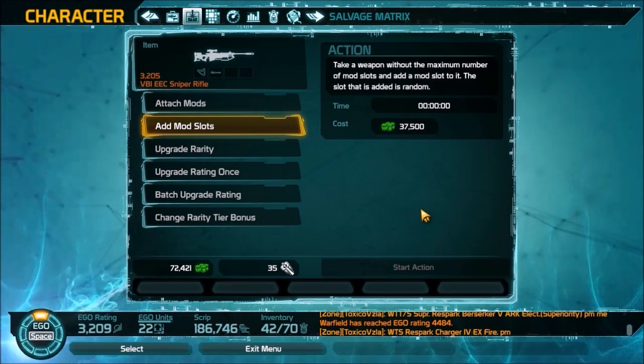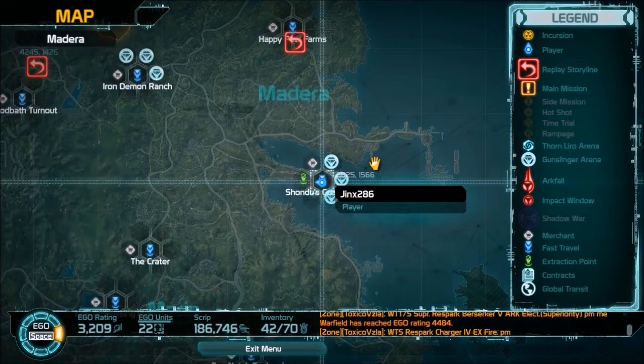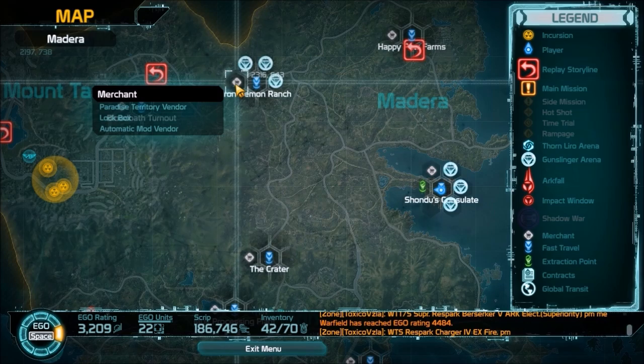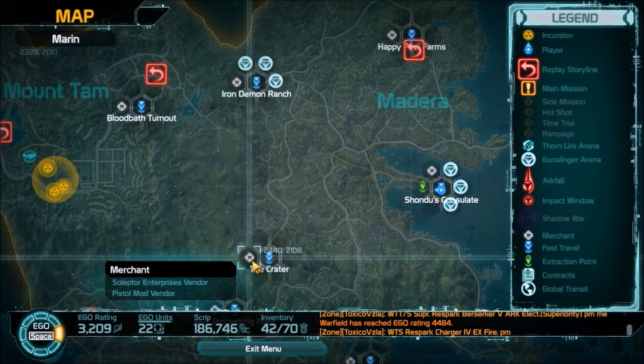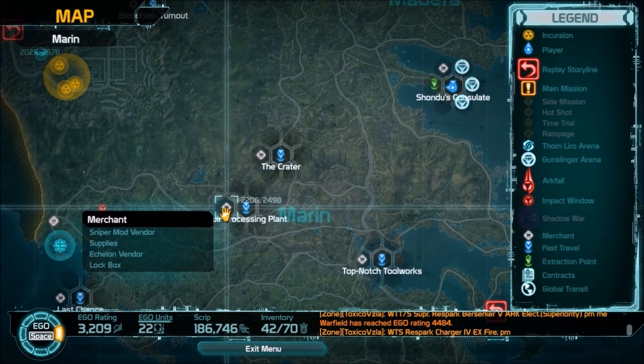Now, you may ask, well, where the hell do I purchase these mods? Well, I'm glad you asked. If I jump here into the map, you can see that at any teleporting location there will be a merchant, and at the merchant you can find a mod vendor. As you can see at the crater, I have a pistol mod vendor. At the processing plant, there is a sniper mod vendor, and from there you can go up to that mod vendor and purchase mods such as increasing fire rate, increasing barrel size, increasing magazine size, adding a scope, or